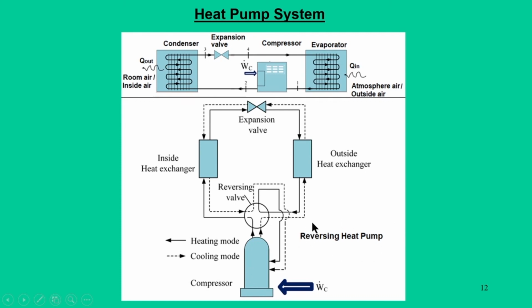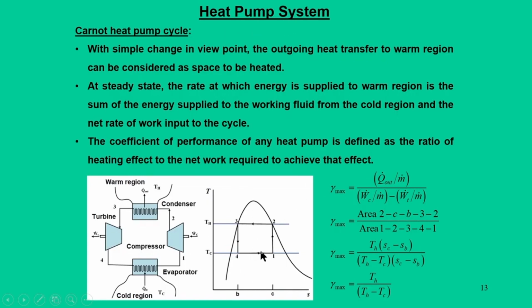But what we are basically interested in for heat pump systems, and our main intention, is that the desired effect that comes out is mainly space heating. And this is how the heat pump basic theory comes up, and it comes from the basic Carnot heat pump cycle, where we can draw again this TS diagram, and from this TS diagram, with the components involving evaporator, compressor, turbine and the heat pump operating between the warm region TH and TC,